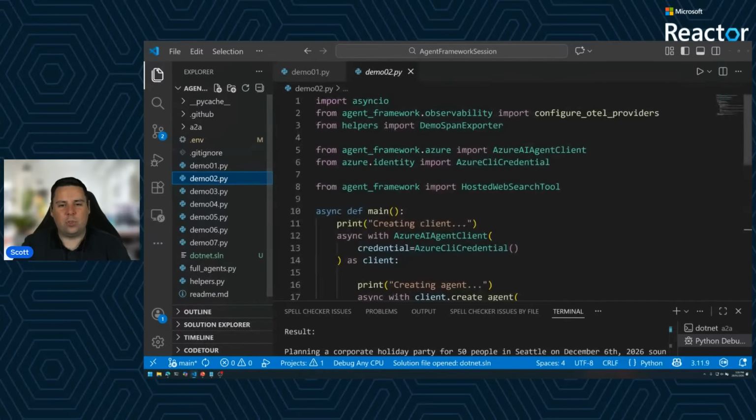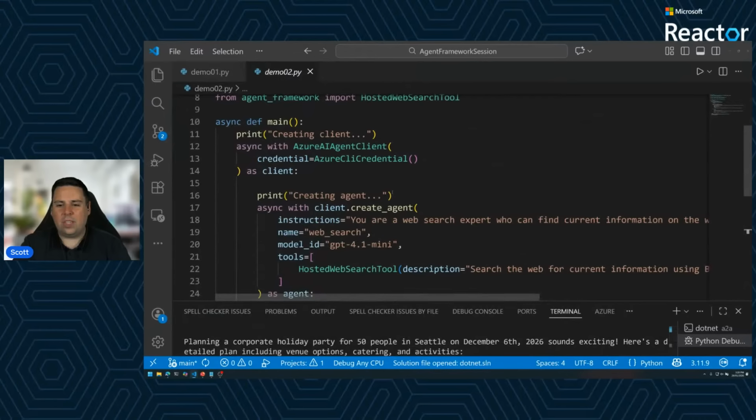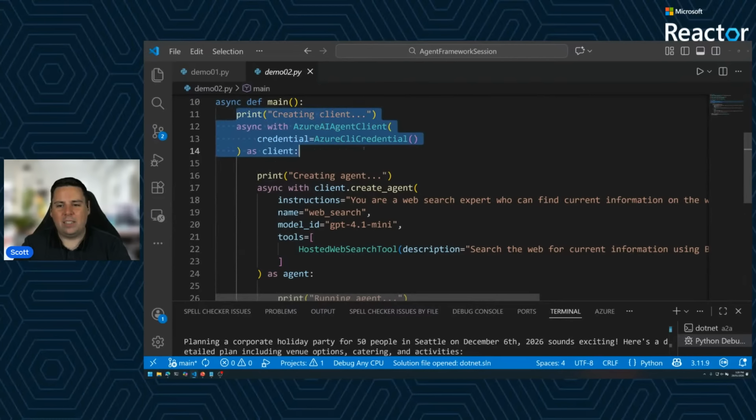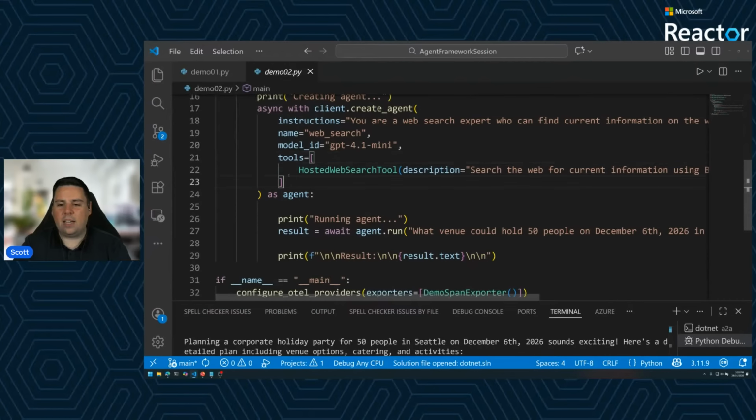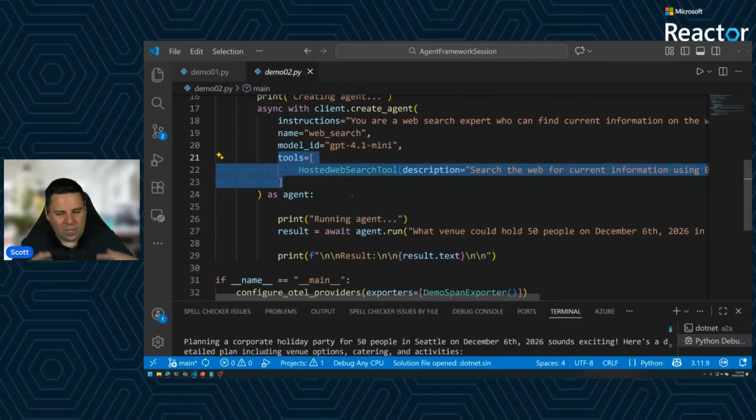So the first tool we'd like to give it. You'll note that everything looks roughly the same here. I'm creating a client, I'm creating an agent, but you notice here I'm giving it a set of tools. We can provide multiple tools, one or many. The first agent didn't have any tools. This agent has the hosted web search tool. This means that this agent can actually reach out and perform a search. In this case, it will use Bing to find relevant information and retrieve that information back